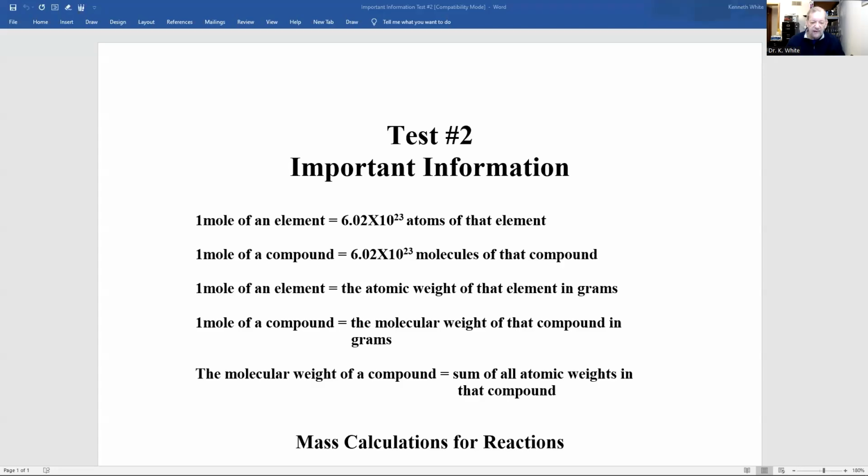All right, let's get to work. Now, last week, I talked about the mole. Remember, a mole is the chemist's counting unit. And we were talking about the different ways or definitions of what a mole is. 1 mole of an element is Avogadro's number, 6.02 times 10 to the 23rd